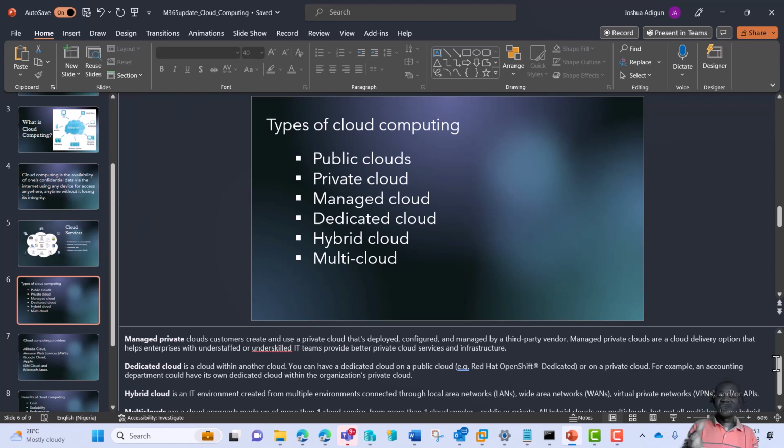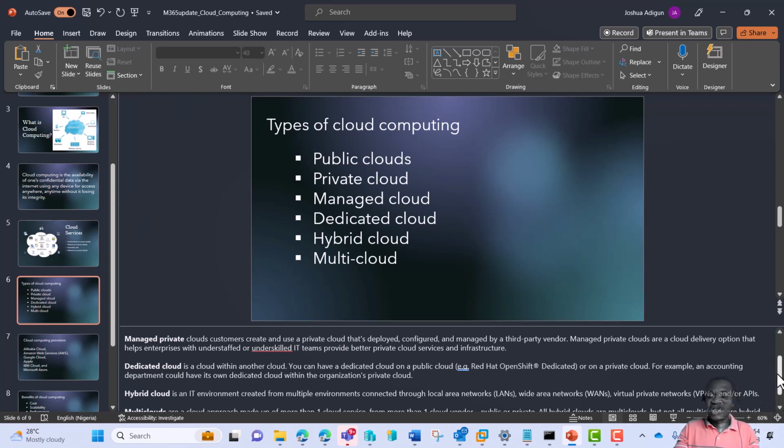So you have a cloud within another cloud. There's an integration between those clouds, like a dedicated cloud for the accounting department, or a dedicated cloud service for the HR department within either your public cloud or your private cloud.